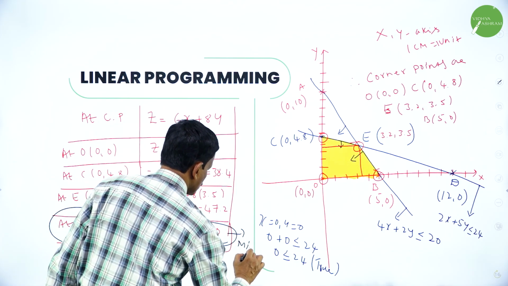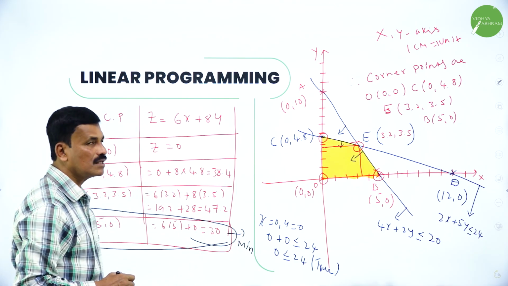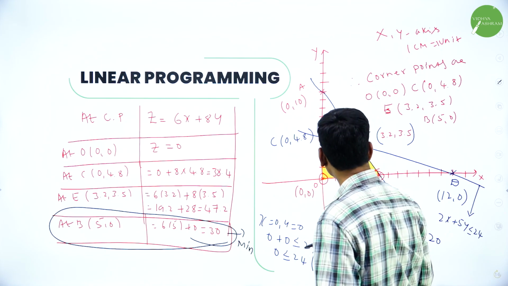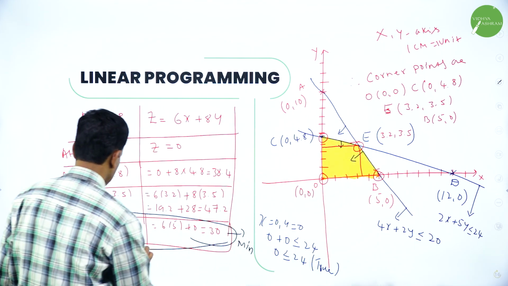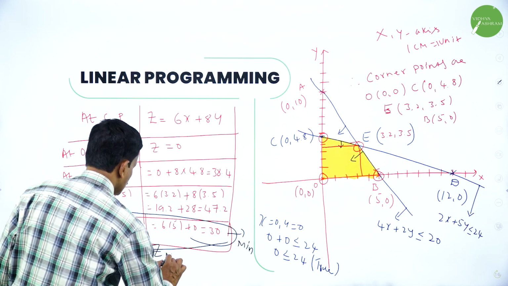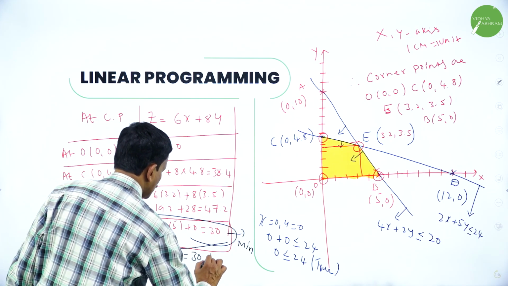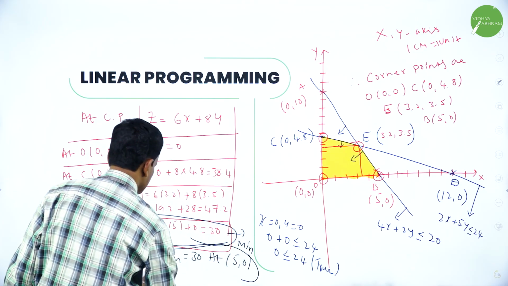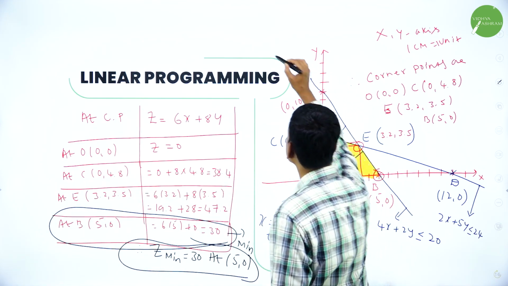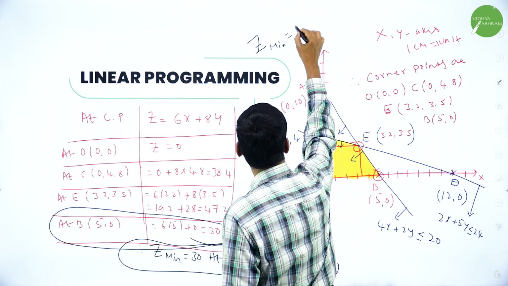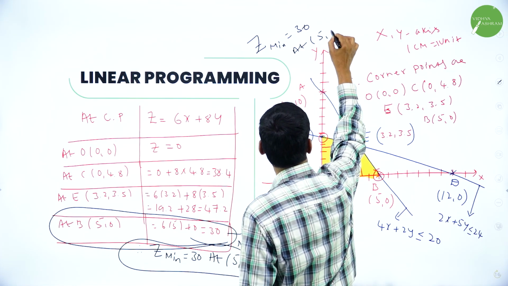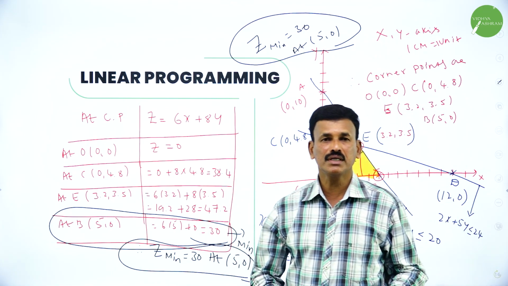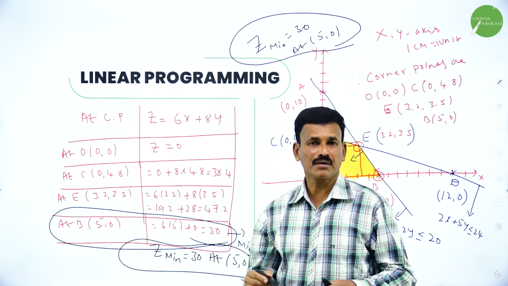So minimum is 30. Okay. So therefore the minimum value is 30. So you can conclude, therefore I can write here, Z minimum is equal to 30 at (5, 0). That's all. So Z minimum is equal to 30 at (5, 0). This is the solution. This is how we are going to solve a linear programming problem using graphical method for